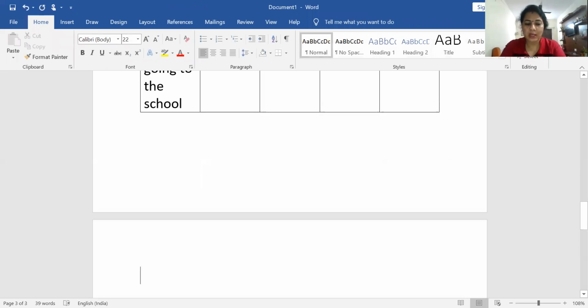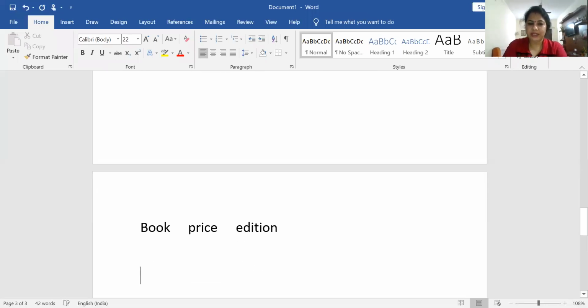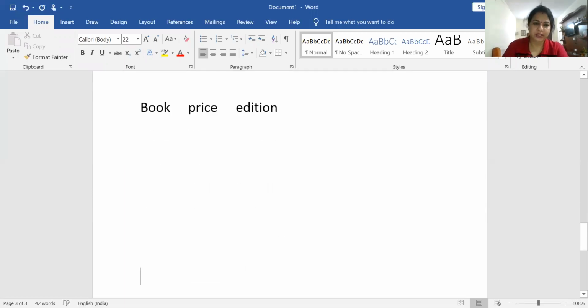Just look here how it works. I am typing the words: book, price, and edition. I type the data and press the tab key to keep a proper gap between the words. If I type computer here, then it is also not a proper gap, so I have to press two tabs, then keep another tab.